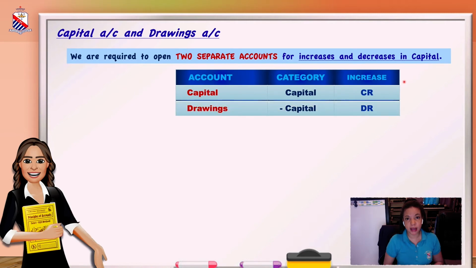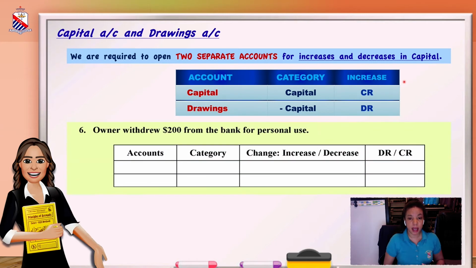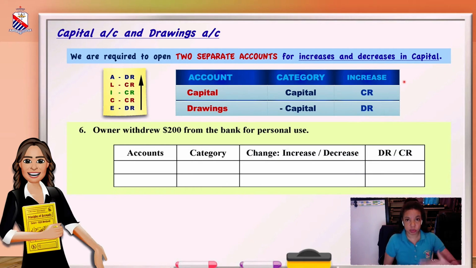So there it is again, and continuing with our notes. Remember, we did an activity and we had not introduced this as yet. So we are going to use number 6 from that activity to illustrate the point. All right, so you see that the owner withdrew for personal use. Once you see personal use, private use, or it's implied, you know one time it's drawings. Very nice and easy. As soon as you see personal or private, or it's implied,